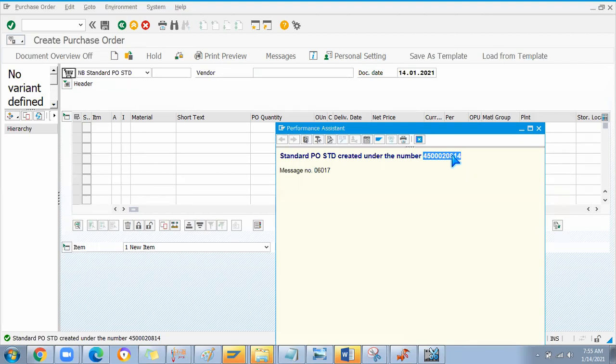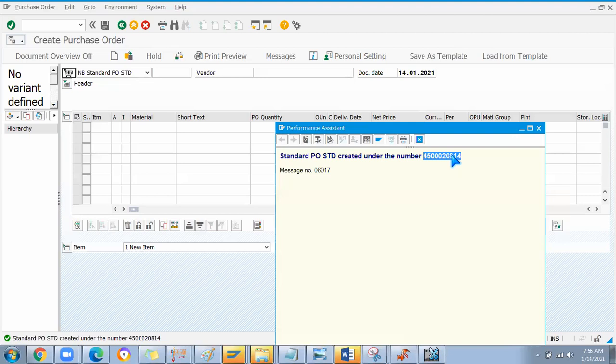I used to work in BL as a process expert and as a supervisor. At that time I used to work on this kind of real-time scenario while receiving the goods. If it is in unrestricted use, how are we going to transport our own quality stock, majorly which is quality maintained or where inspection is required? Then always while receiving the goods only we put it into quality inspection.